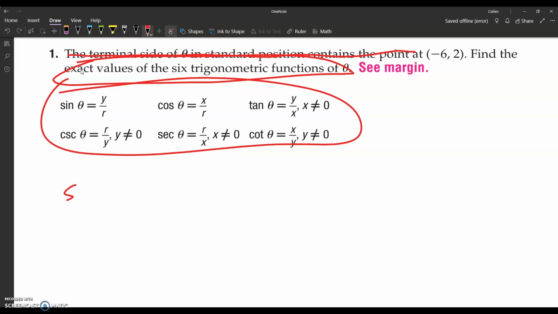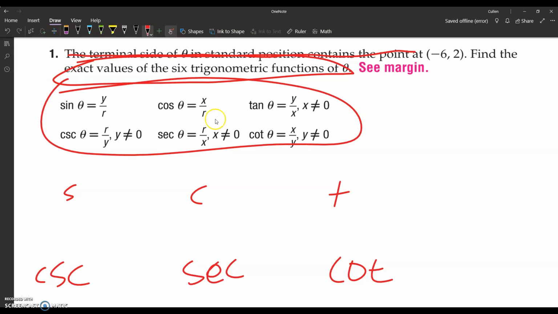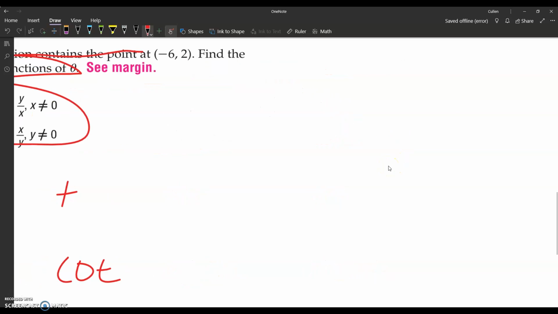So that means we're going to find sine, we're going to find cosine, we're going to find tangent, and then the bottom we're going to do cosecant, secant, and cotangent. And I always write them beside the ratios that they're opposites of. And I guess in this case they're up and down. But the first thing you want to go do, it gives you the x and y value, and then we want to go find r. I'm going to scroll over here a little bit and find r. So r equals the square root of x squared plus y squared,